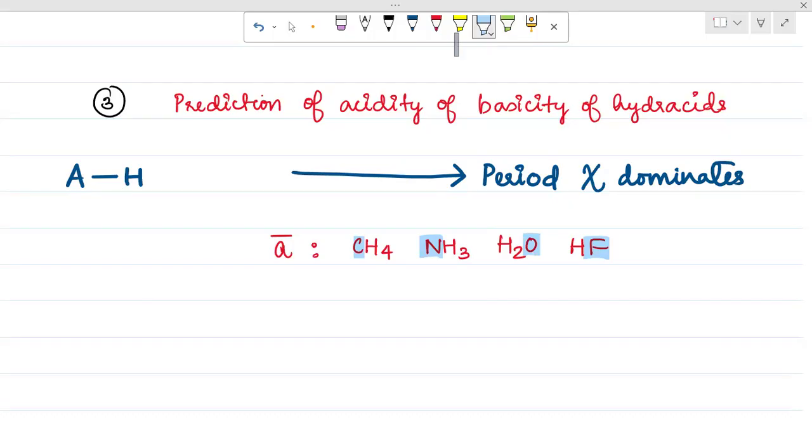If the electronegativity increases, the electrons within the bond, let's say HF, will be pulled closer to that particular central atom. And an acid is anybody who can leave as H plus, correct? So this can readily give its electron and leave as H plus. So the trend is HF, water, NH3 and CH4.